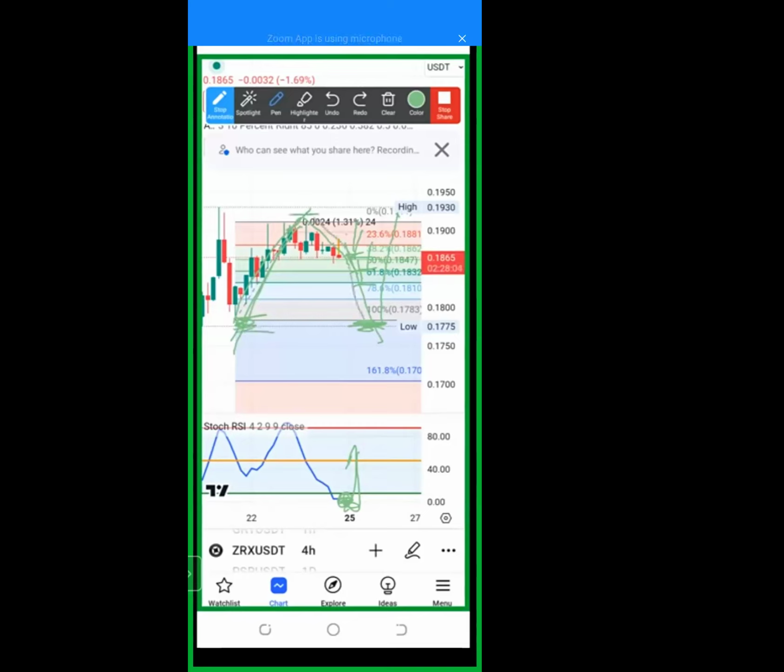It might move like this. It might move like this, up. This is the way it will be moving. It must touch this place again. And if there's maybe another fundamental news in the market, or it can still break down a little bit and we start moving up again. So that is how to use the auto FIB